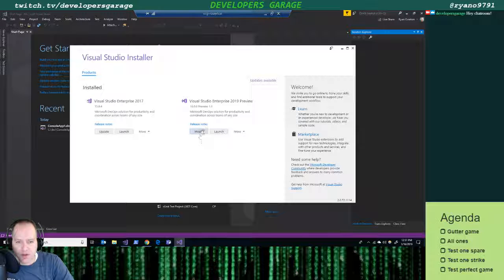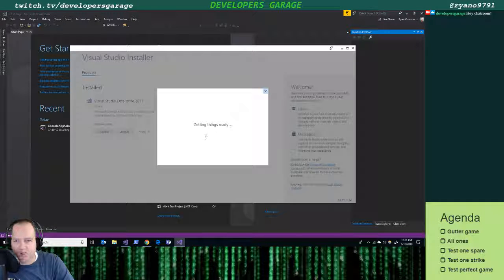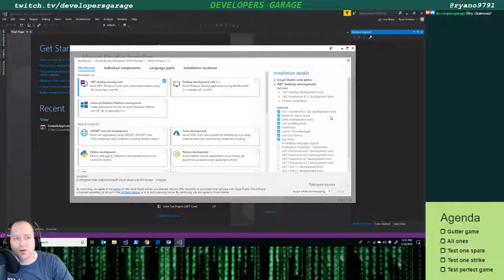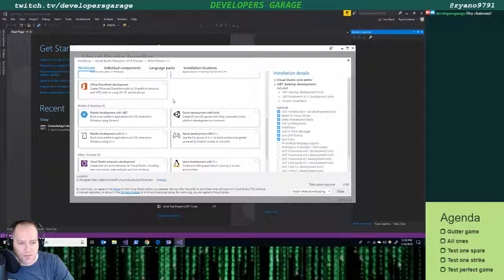Visual Studio Enterprise. We're going to modify this. One thing to know about Visual Studio is they have this idea of workloads, which makes it easier to say, hey, this is what I want to do, and then it's going to go install all the things you have to do. Instead of going out to the web, going to Google, going to Microsoft Docs, and trying to figure out what all do I need to install in order to be able to do desktop applications or .NET applications. So I chose .NET Desktop Development when I did this, when I probably should have chosen